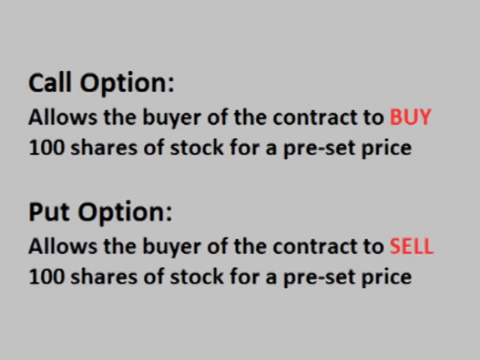So what is an option? An option is a contract that one buys that locks in a buy price or a sell price on a particular stock for a set amount of time. There are two types. One type, which is called a call option, gives the contract holder the right to buy a stock for a predetermined set price within a set time period. The other type, which is called a put option, gives the contract holder the right to sell a stock for a predetermined set price within a set time period.